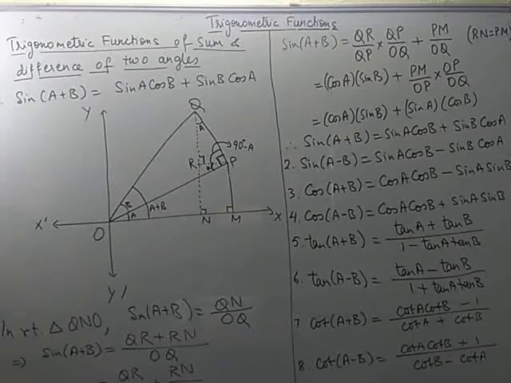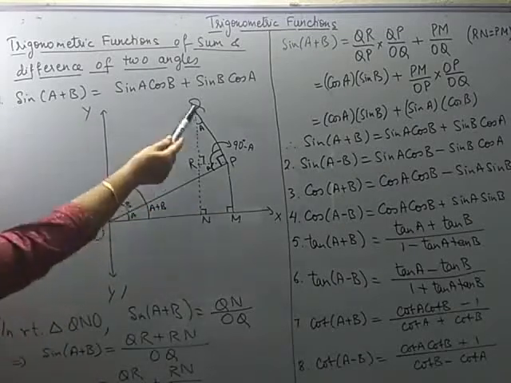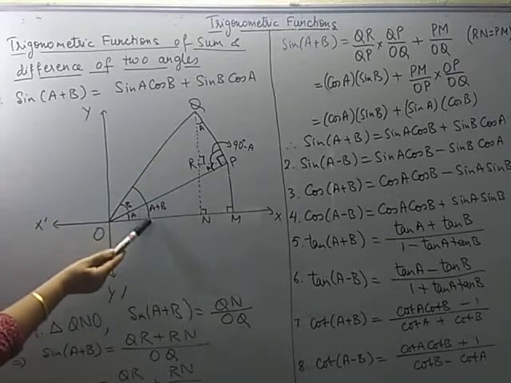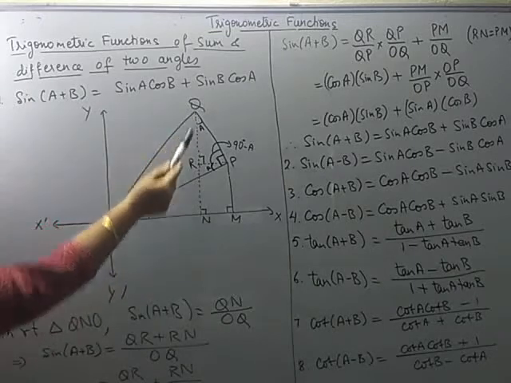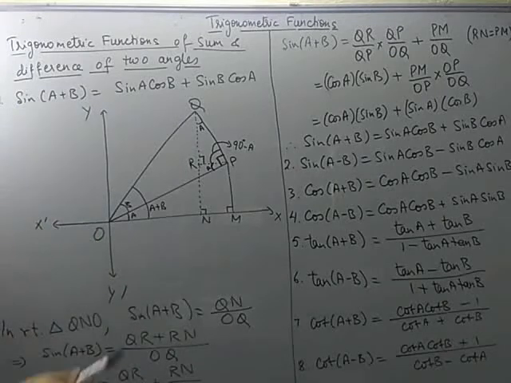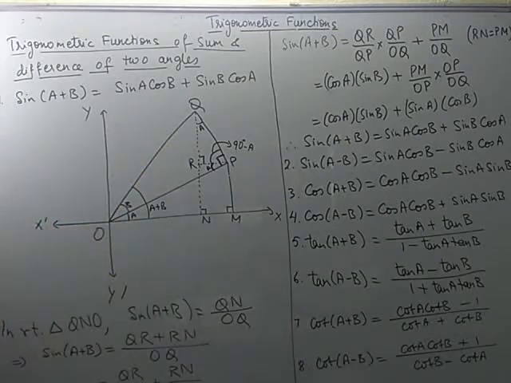Now once done with the diagram, let us take the derivation, which is a very simple one. If you see, we start with the left hand side. We need sine of A plus B. So you locate a right angle triangle here where we can get the angle A plus B. So look at this right triangle QNO. In this right angle triangle QNO, this angle is A plus B. And what is the side opposite to it? It is QN. So this will be our altitude and ON will be the base. OQ is the hypotenuse. So sine A plus B can be written as QN over OQ.